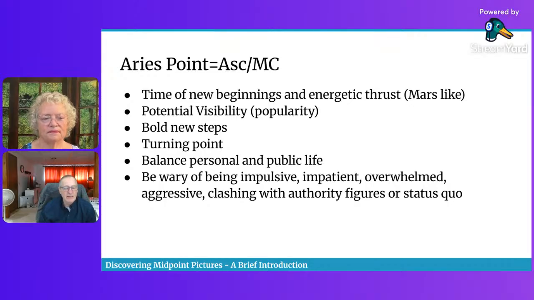Okay, and if you look at some of the most, what's the word I want to say, violent people that were around in history, go see how much Libra they have. You'll be shocked. Hitler's a good example of it. Okay, and there's others. So you want to be wary about being impulsive, impatient, overwhelmed, aggressive, clashing with authority figures